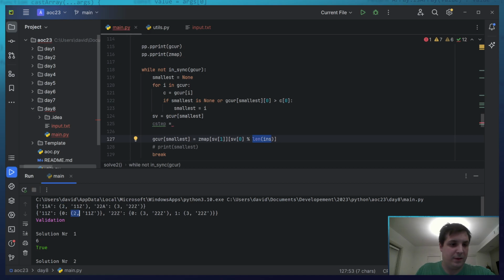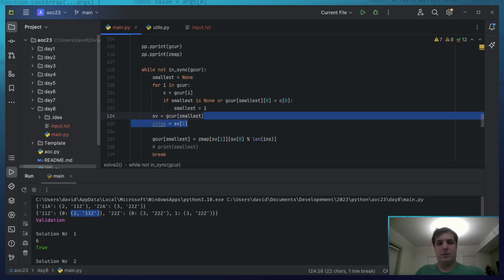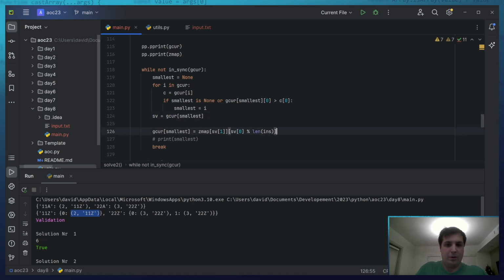That gives us a new address here. Now I also want to make sure that I have the current step, which is from G cur smallest value. So the smallest value of 1 is our current step. So what I now want to do is say G cur smallest 0 plus equals SV 0.